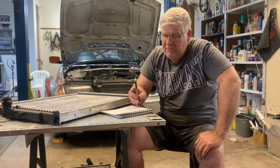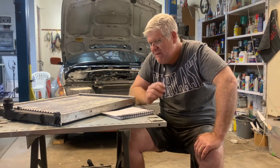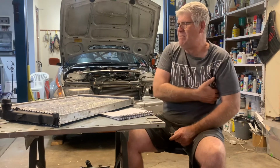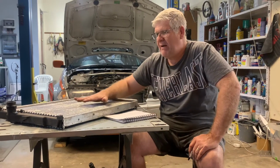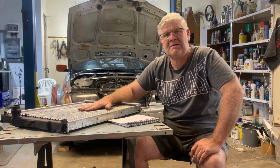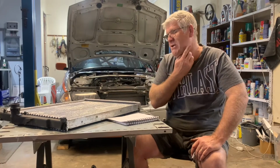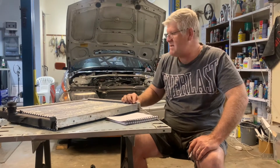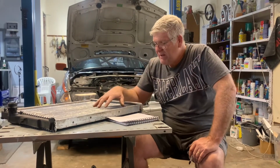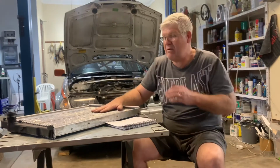So we bought the E46 M3 radiator, put it in, but in fact before I put it in, I've kind of become so obsessed with this issue that every time I've got a radiator issue, I tear the thing down to try and understand what it looked like inside, what was the condition, but also how it actually operates. And so before I put the E46 radiator in, I set about calculating exactly what the cooling surface area was